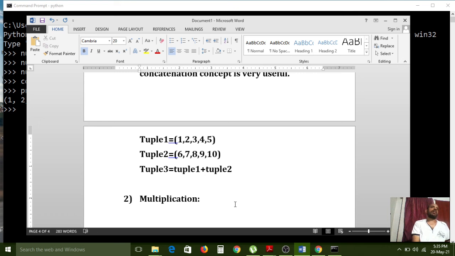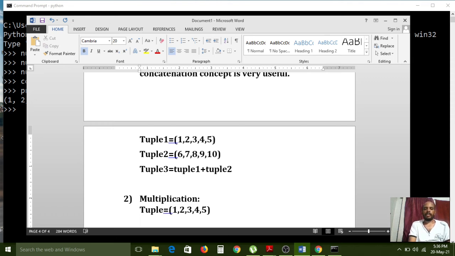So here also I want to print one tuple of items into a number of multiplication values. How can we see it right now? For that I am creating one tuple equal to 1, 2, 3, 4, 5. So with 5 elements I have created one tuple. After that I am pressing the enter key.